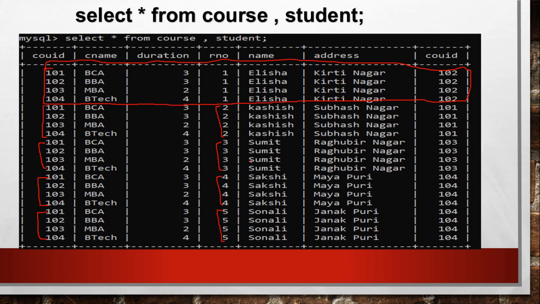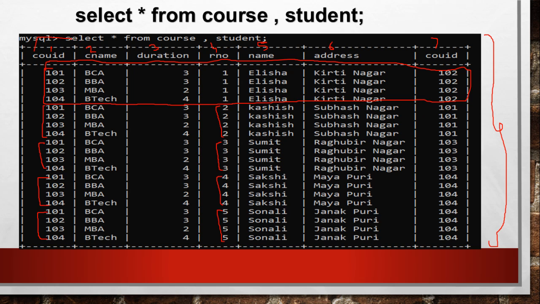So first of all, as I told you, this is basically the resultant table. Now the degree means the number of columns in this table. How many are there? 1, 2, 3, 4, 5, 6 and 7, and you can see that